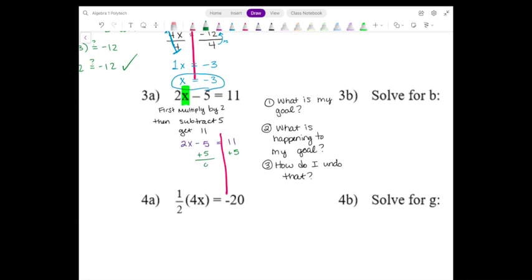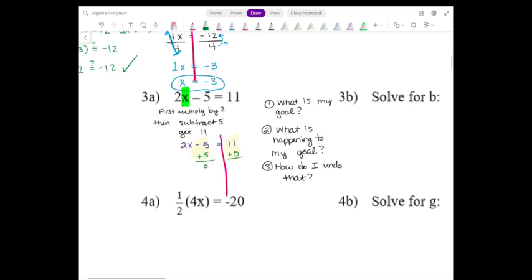And since negative 5 plus 5 is just 0, I can do that. They're like terms. They can go together, right? Negative 5 and 5 gives me 0. 11 and 5 are like terms too, so they can go together. They're both just some numbers. And let's see, 11 plus 5, that's 16, right? So in this case, I get that 2x plus 0 is equal to 16. Well, I don't really need that 0, so I'm just going to write it one more time and say that